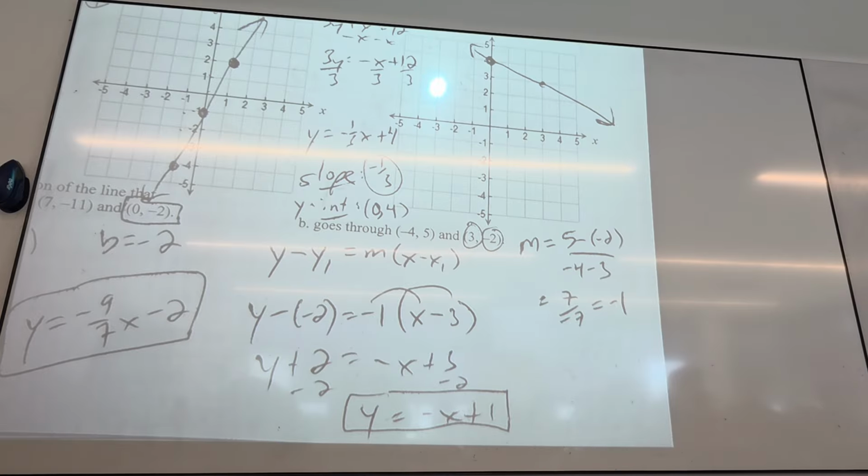No. How do I know? Because there's nothing with 0 first. Oh, okay, gotcha. If x is 0, that's the y-intercept. If x is anything else, I am not on the y-axis anymore. If x is 1, I stepped 1 away from the y-axis. Do you guys see what I'm saying? If x is 0, I'm on the y-axis.